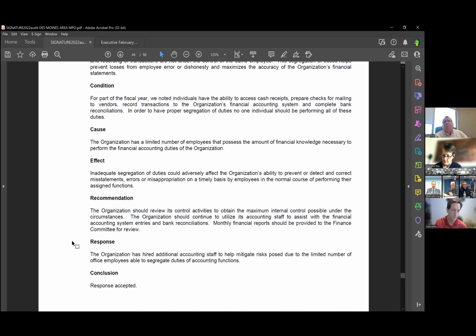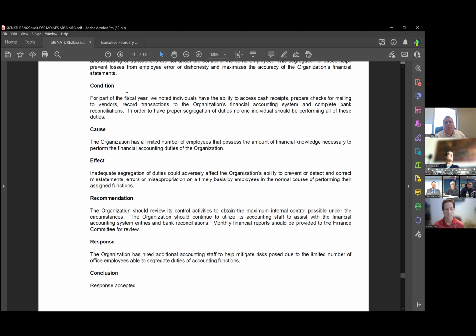We have one accountant. Miranda Miller was hired last year, mid-year. And then we also have a bookkeeping service that we use as well, as needed. So Rhonda was hired in July, so that would have been this fiscal year, not the fiscal year that was being audited here. So hopefully going forward, that'll address some issues. So we have one. We didn't have one before. No. So we didn't hire additional per se, we hired one.